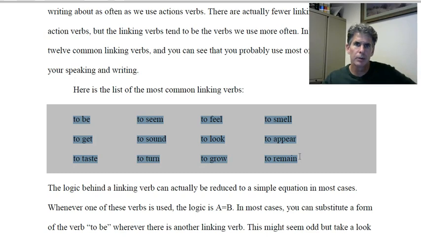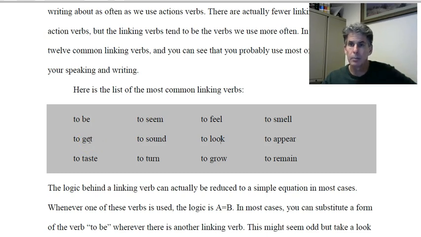These are all over the place. Now there's about 2 to 3 of them, and I forgot one on this list. That's mea culpa. The one I forgot on here is to become. To become should be here. To be and to become, but also to seem, are almost always linking verbs. Okay? These others can either be linking or they can be action. They can't be somewhere in between. Once they're put into a sentence, they must pick a side of the plate to bat from.